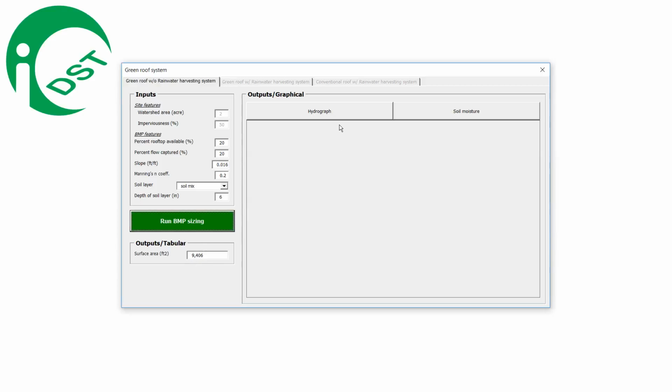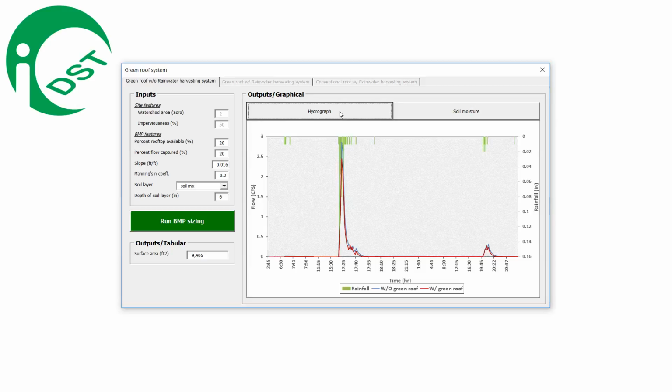Now you may also view the hydrographs from the graphical output. The blue line hydrograph is without green roof, and the red line is a hydrograph with green roof. The next group of BMPs